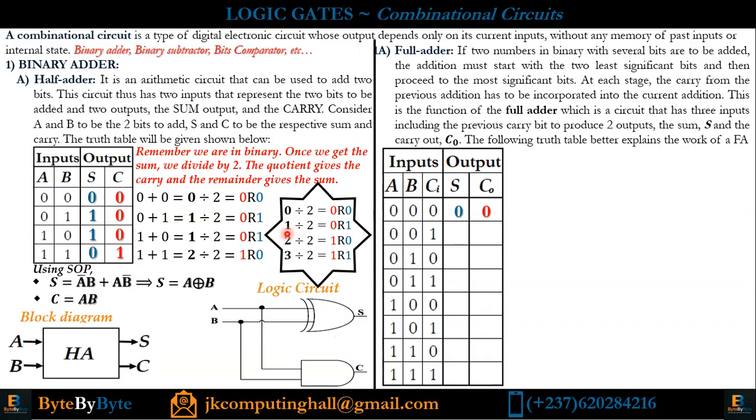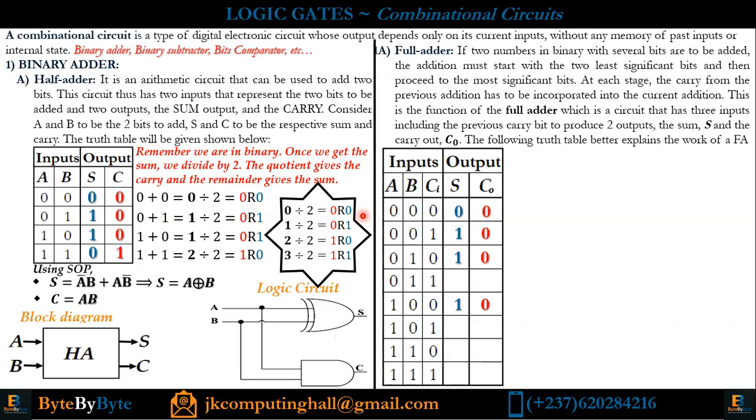We proceed now with the addition that will give us 1. Remember that if our sum is 1, 1 divided by 2 gives us 0 remainder 1, meaning that our sum is going to be 1 and our carry out 0. So everywhere the sum of A, B, and Ci gives me 1, it implies my sum is going to be 1 and my carry out is going to be 0, like in this case and this case, and this other case. So these are the 3 cases where the sum of A, B, and Ci gives us 1.